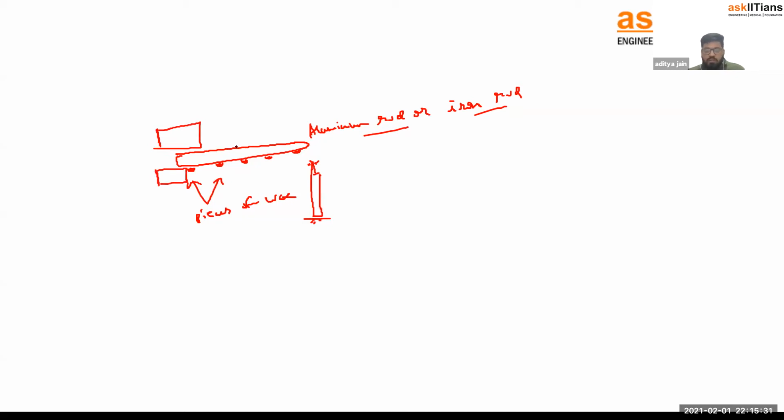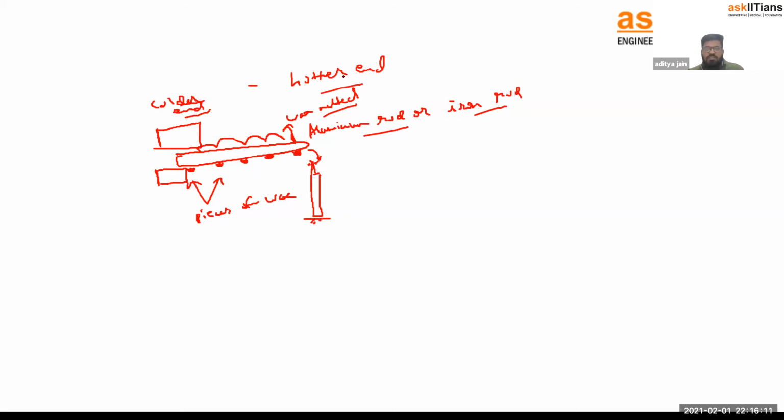What will you observe after some time? That the wax will start melting, one by one, starting from this end. First of all, the wax at the end which was just below the candle melts first. Then this one, and finally the rest. So what is happening? The transfer of heat is taking place from the hotter end, the end just below the candle, to the colder end of the rod.